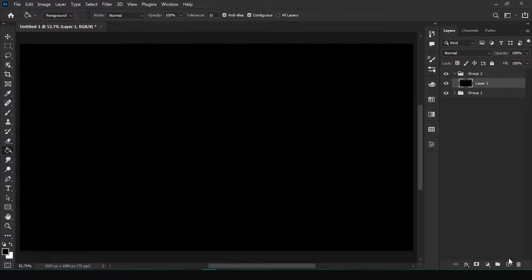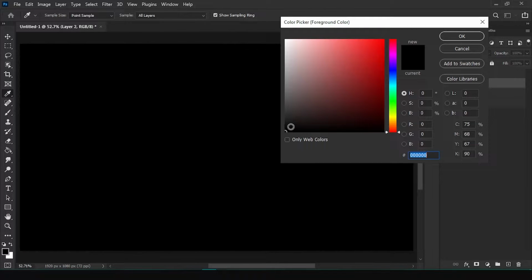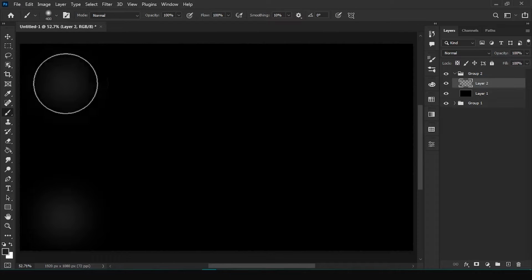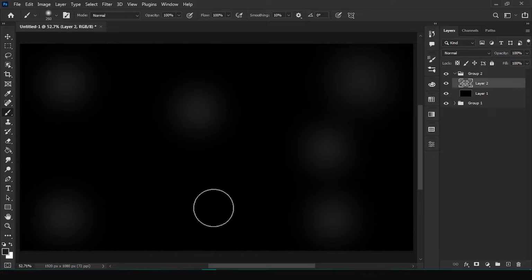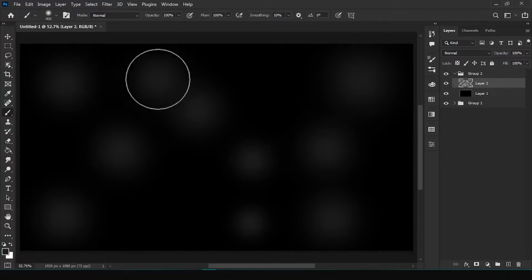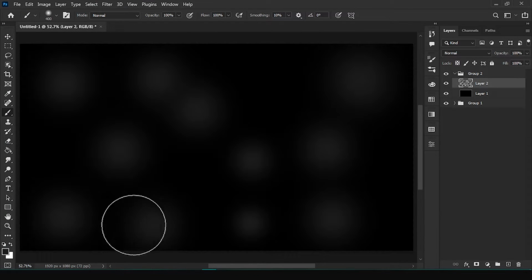And let's add another layer and go to the toolbar, select the brush tool, and go to the colors and pick something way brighter than the background, but still on the dark gray note. So I will just go with this dark gray color, 1C1C1C, and just doodle around like this with different sizes and different hardness if you'd like. I will just keep the hardness at 0%, as you can see.